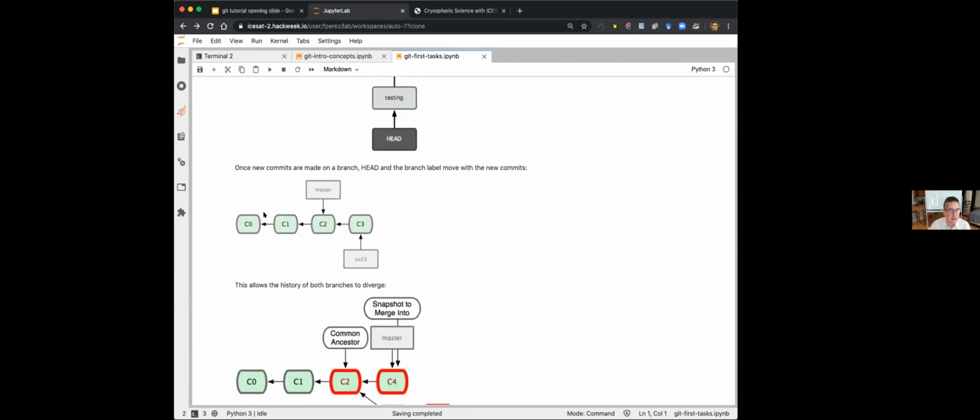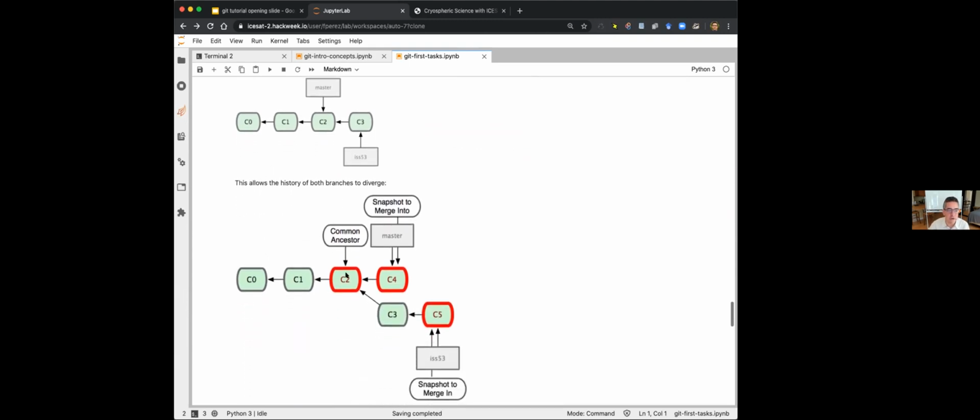So for example, in this case, if we had master pointing here and we created a new one as in here, and then we make a new commit, if this is the branch we're working on, that new commit now moves, but master stays where it was because we were working on this one, not on master. So this is how histories begin to evolve differently. So in this case, C3 is a new commit that was derived from C2. Now,